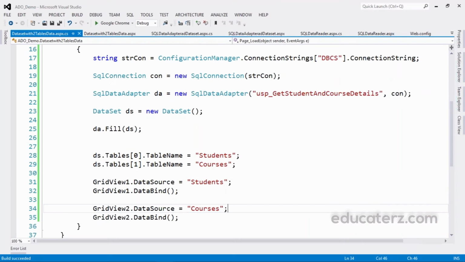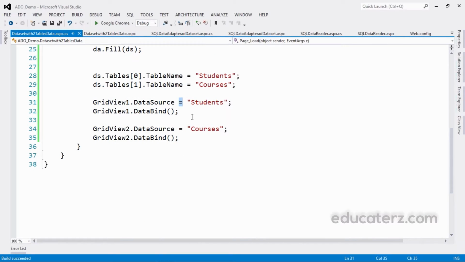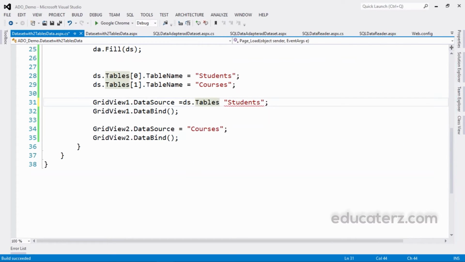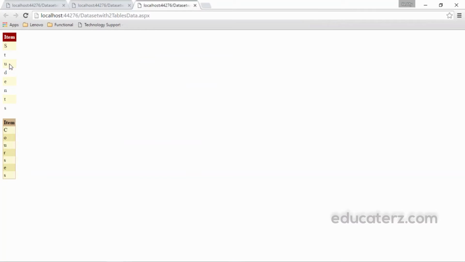Students, oops, something went wrong. Let us see what is going wrong. Yeah, here we should give ds.Tables. What we are doing is just giving the data source as Students, so it will take S as the first row, T as the second row, like that.